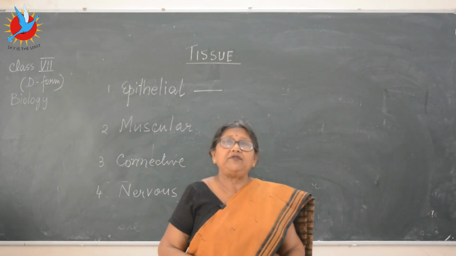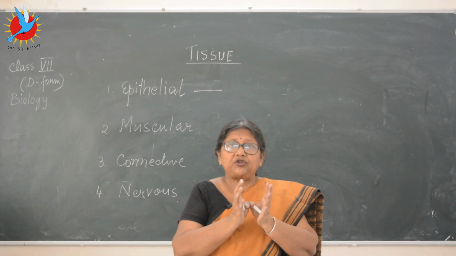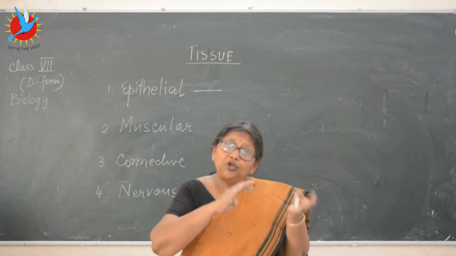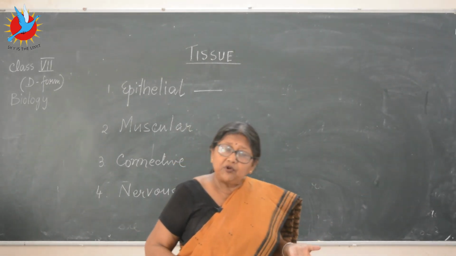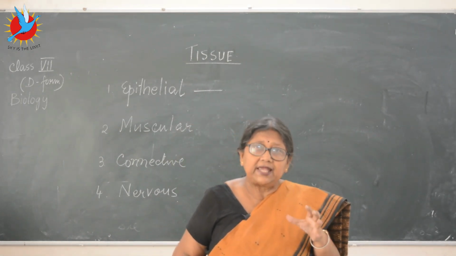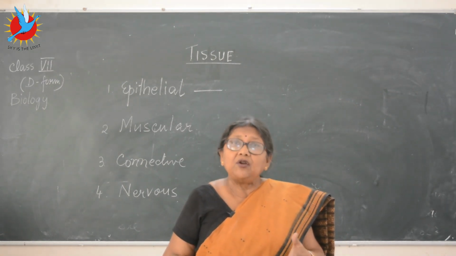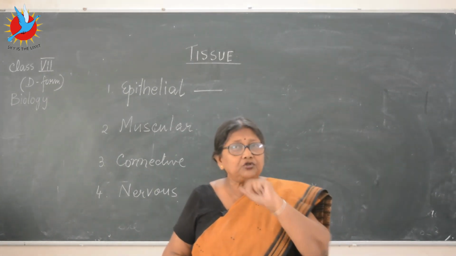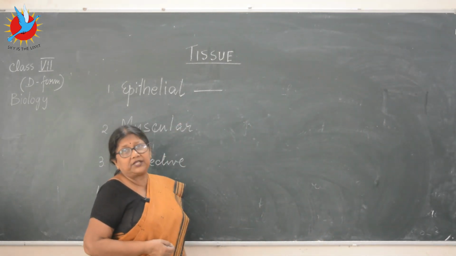That means any particular organ. Now inside the body we have got different organs. Suppose you take the stomach. Stomach is a bag-like structure. It has got an outer covering as well as an inner covering. Now both the coverings will be made out of the epithelial tissue. So from the name only we can make out that epithelial tissue is made out of those cells which make the covering of any organ or any particular structure, and obviously if it's covering it, it will be protective also. So 2 main functions: one is making the covering of the part and also being protective in nature.